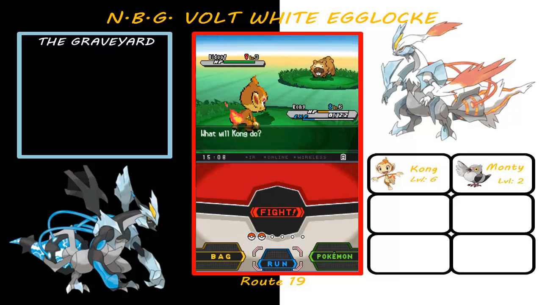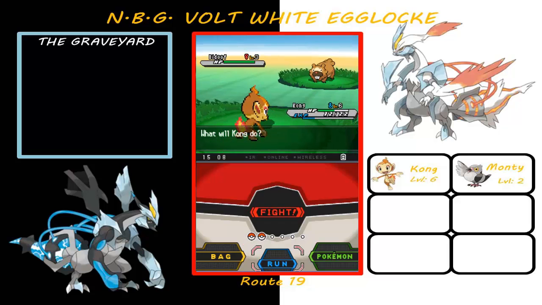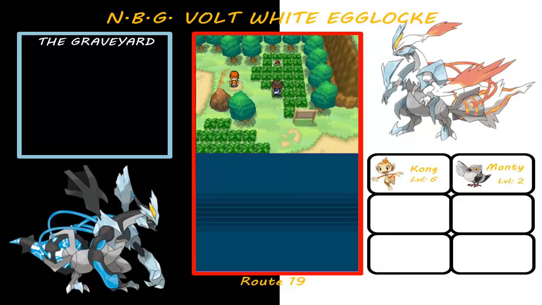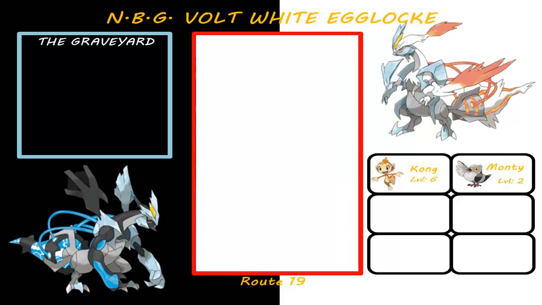Whoa! Critical hit. That is dangerous. That's dangerous because, as I said, if Kong faints, Kong is out. We cannot use Kong anymore, and I don't particularly want to lose my starter Pokemon. Okay, this Bidoof is getting super critical hits. We're out of here. So I'm going for that item there. Hopefully we won't run into too many more battles on the way. Okay, hopefully it won't be as bad as that